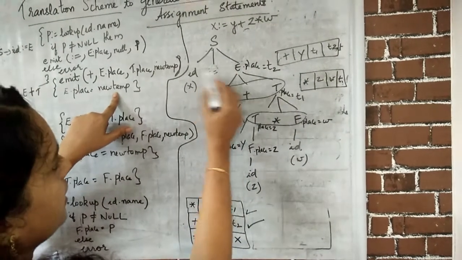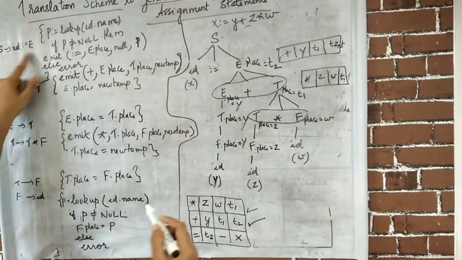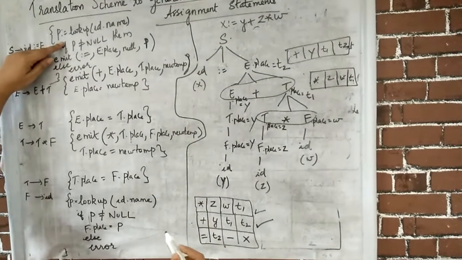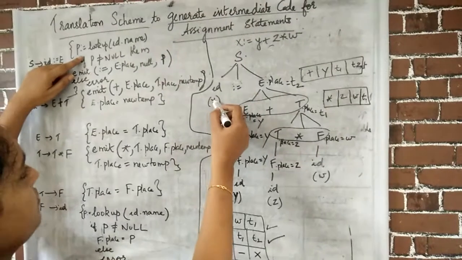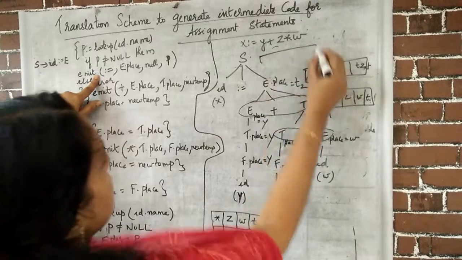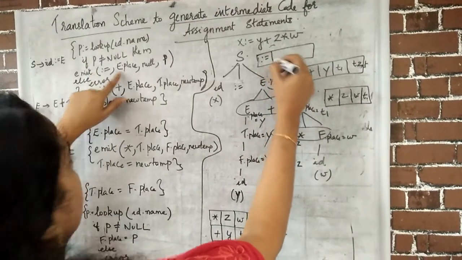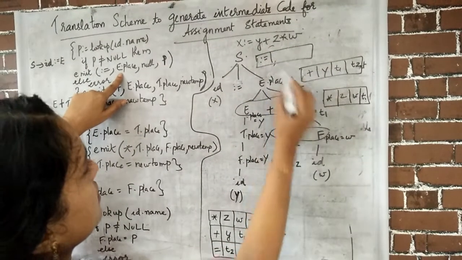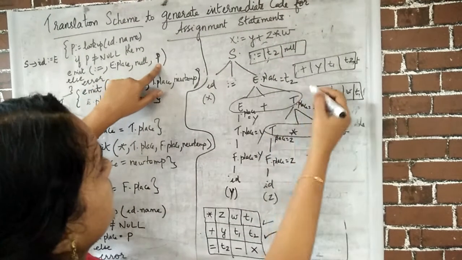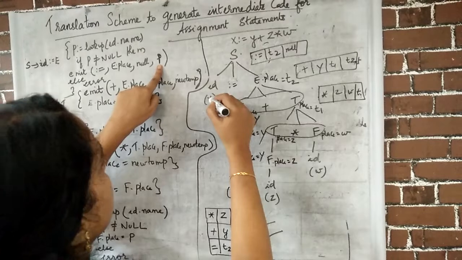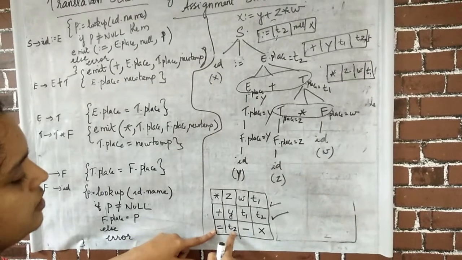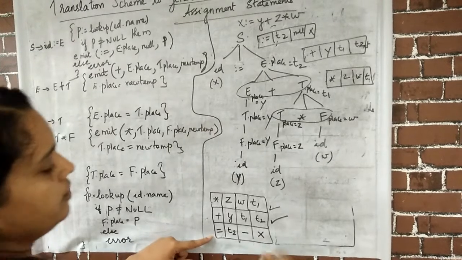Again we can see that id equal to E is being reduced to S. Whenever id equal to E is reduced to S, it will check whether this particular identifier x exists in the symbol table. If yes, it will emit a quadruple. What is the quadruple emitted here? Equal to E dot place, which is t2. Again you have null, and P means the identifier of this x. Okay, so this is what we have to generate here: equal to t2, null, x.